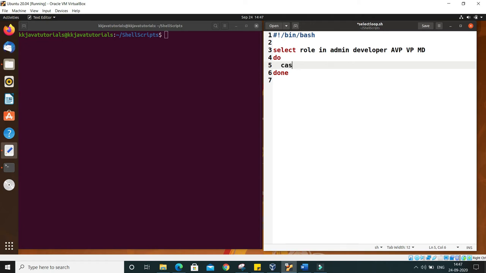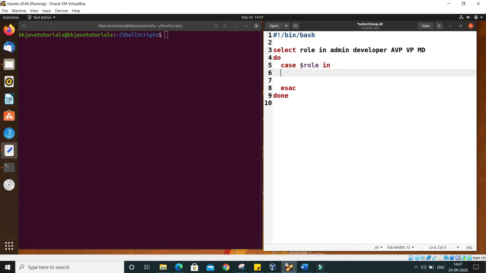First of all you have to write case as the starting point, and end it with esac, which is the reverse of case itself. After case you specify either a regular expression, or here we are looking for the different roles, so I will write role, and you have to give in, which is the keyword.